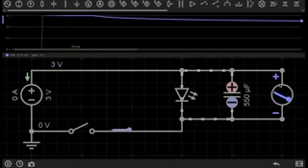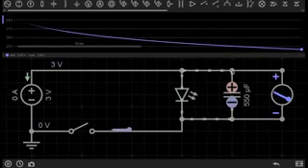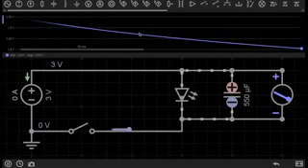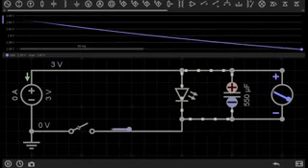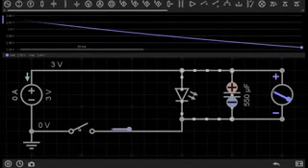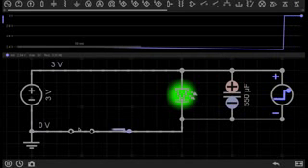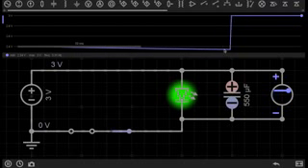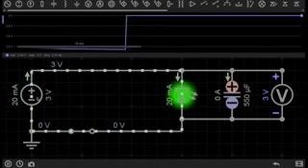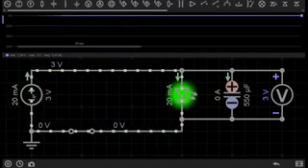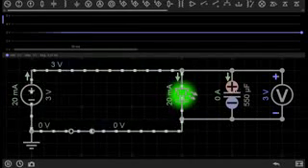So what I've done here is I have connected a voltmeter across the capacitor so we can see what is going on with this capacitor. When I close the switch to this circuit, watch what happens. You can see up here the capacitor has just charged to 3 volts, which is the power that I am supplying the circuit with. So the power supply is lighting the LED, but it has also charged this capacitor up